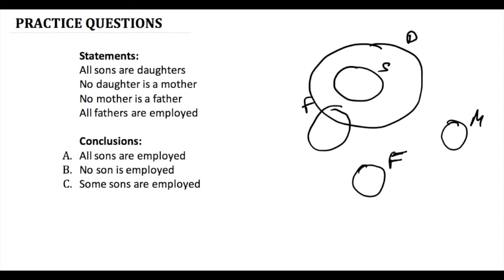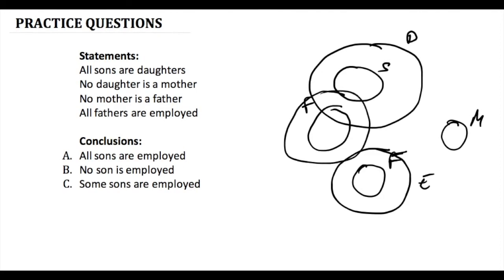आ गई। ऑल फादर्स आर एम्प्लॉयड, सारे फादर्स एम्प्लॉयड हैं, तो E इसका सुपर सर्कल बन गया, सुपर सेट बन गया। इसी तरह से अगर हम यहाँ पे फादर बनाते हैं तो E हमारा ये बन गया। तो ये दोनों पॉसिबिलिटीज़ हो गईं हमारे पास, या तो ये नंबर 1 पॉसिबिलिटी या ये नंबर 2 पॉसिबिलिटी। ये दोनों फिक्स हैं हमारे, ये दोनों इसी तरह से रहेंगे। सन्स, ऑल सन्स आर डॉटर्स एंड नो मदर इज़ अ डॉटर, ये यहीं